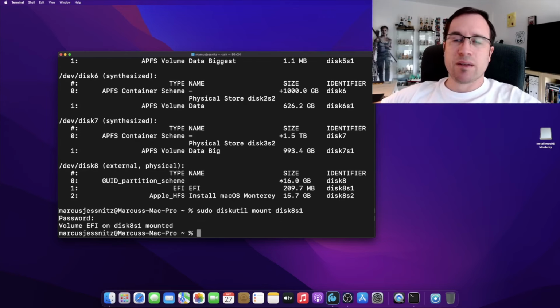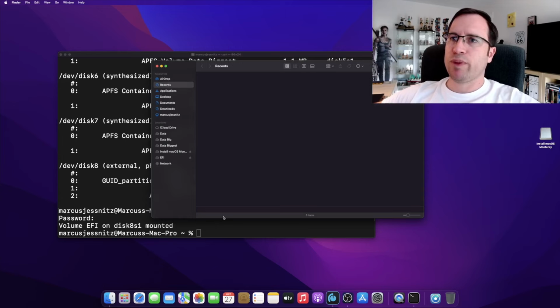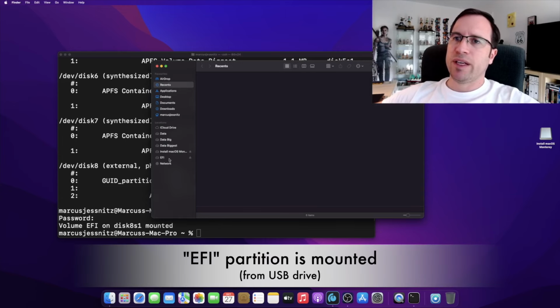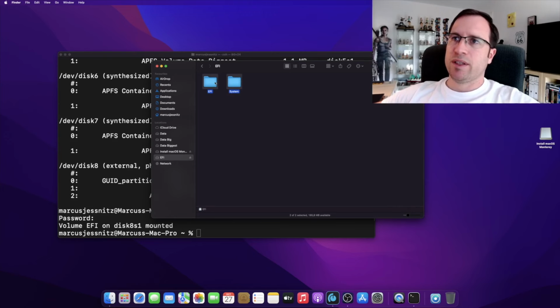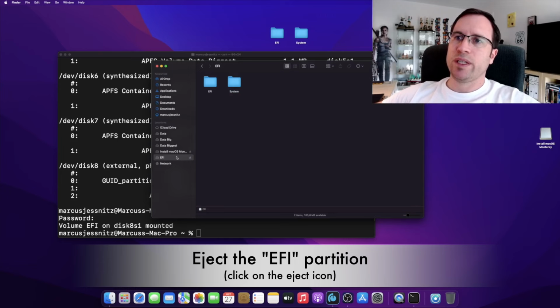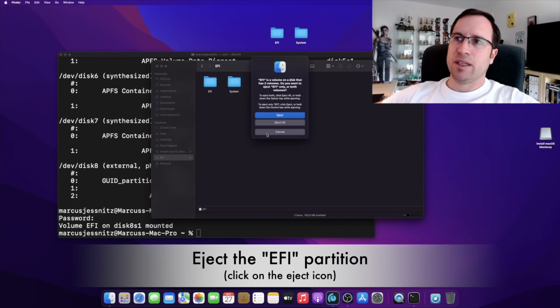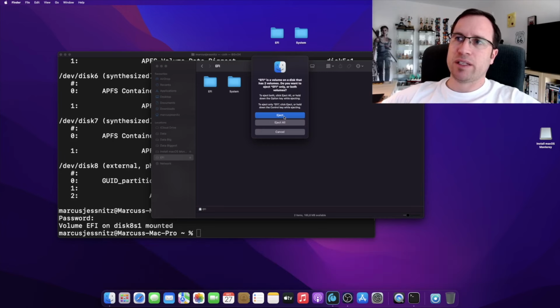and now it's mounted. If we now open the Finder, here on the left you find one more partition that's called EFI, and that is the EFI partition of the USB drive. So we just drag those two folders onto the desktop, and we just copy it to the desktop. Now, to not get confused, we eject this again, and we say eject,